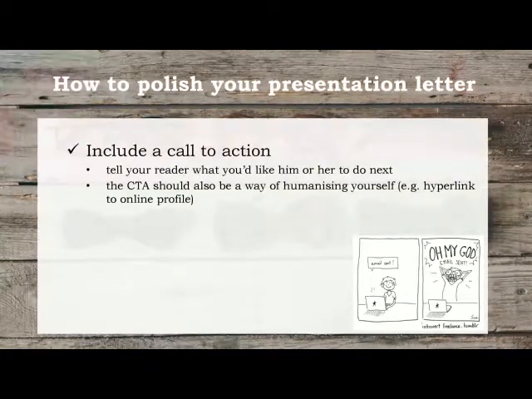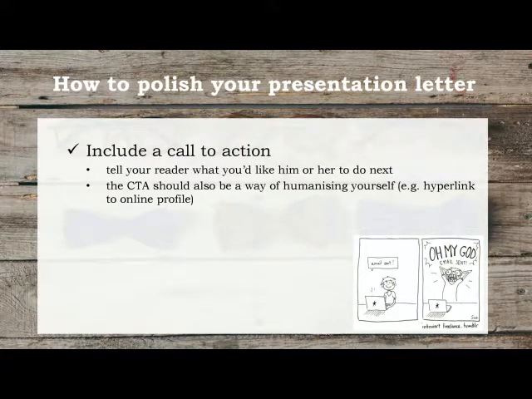And so this call to action, what's a call to action? Well, it's just an instruction to your reader. You're telling him or her what you want them to do next. So are you asking for information about their company? Maybe you're asking them just to tell you if they currently need translators in your language pairs, or you're asking them for information about the rates they provide to translators. You have to just tell them explicitly what you want them to do